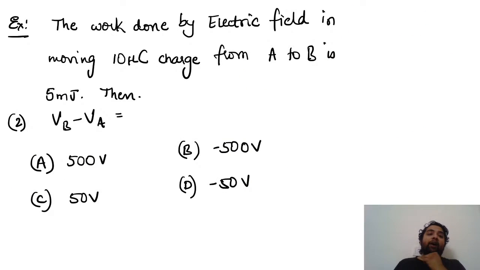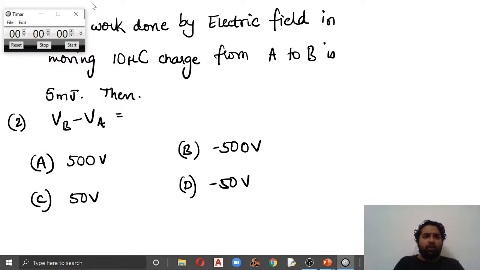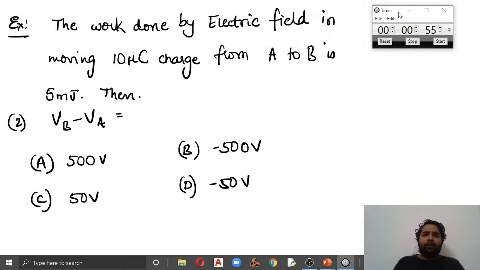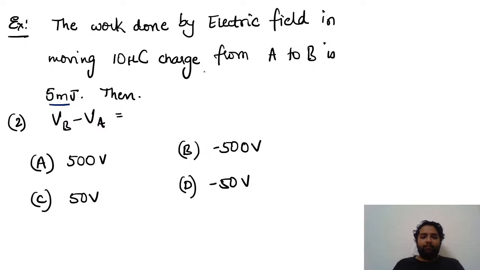Got it? Now, the work done by the electric field in moving the 10 microcoulomb charge from A to B is 5 millijoules. Then what is the value of this? I'm going to give you a timer, guys. This is a timed question, so your timer starts now. I'll give you 1 minute, so think about it. The work done by the electric field in moving 10 microcoulomb charge from A to B is 5 millijoules. Then